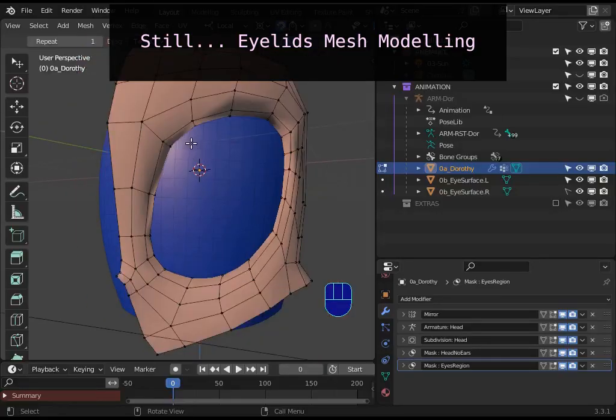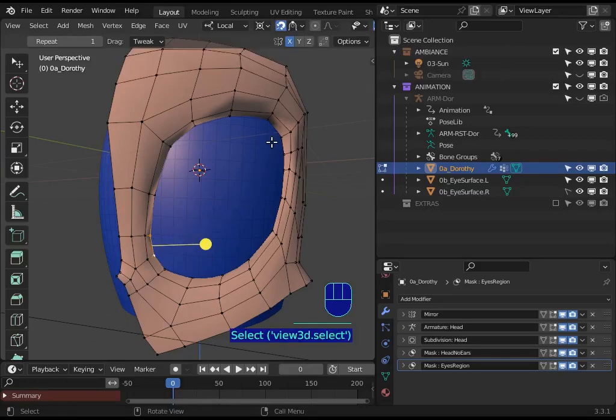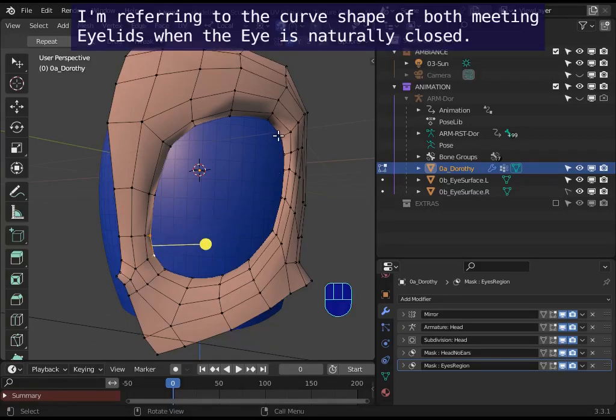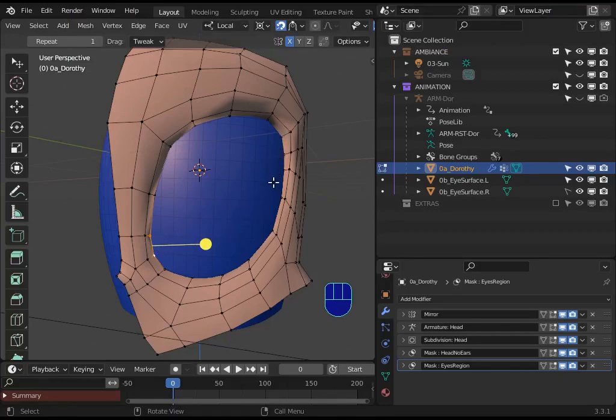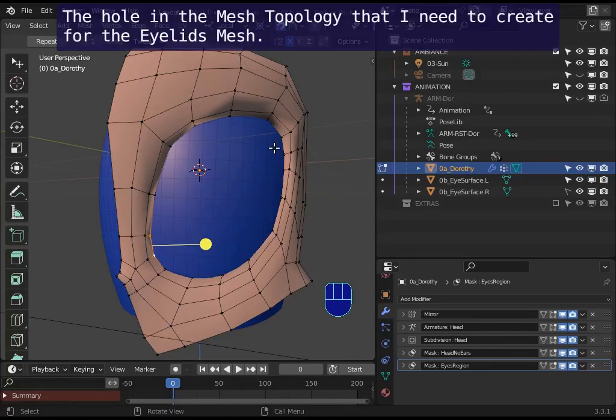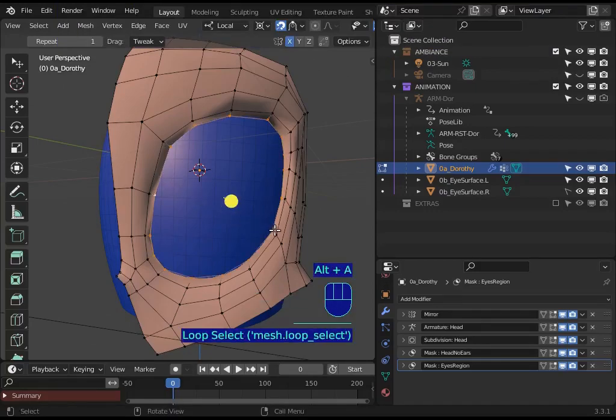I'll start with the eyes closed. Because the eye in this character has some sort of very large curve like that in terms of character design, this is the hole. It will have this shape. I need to keep extruding this inwards,